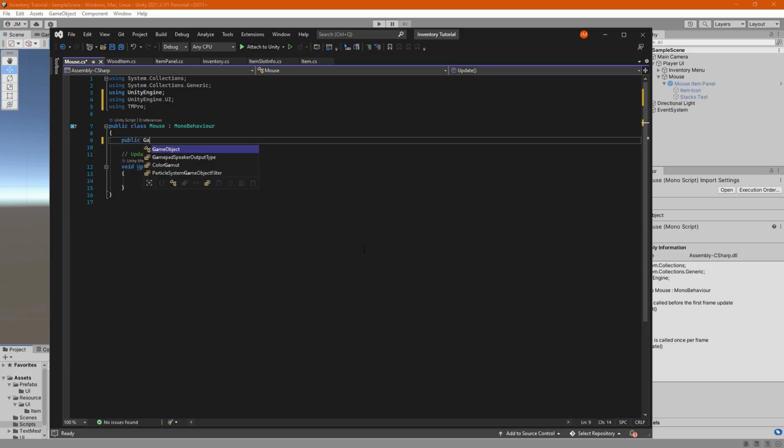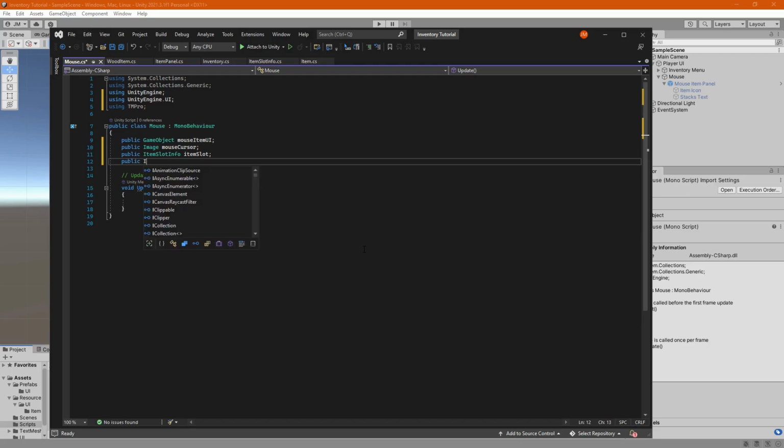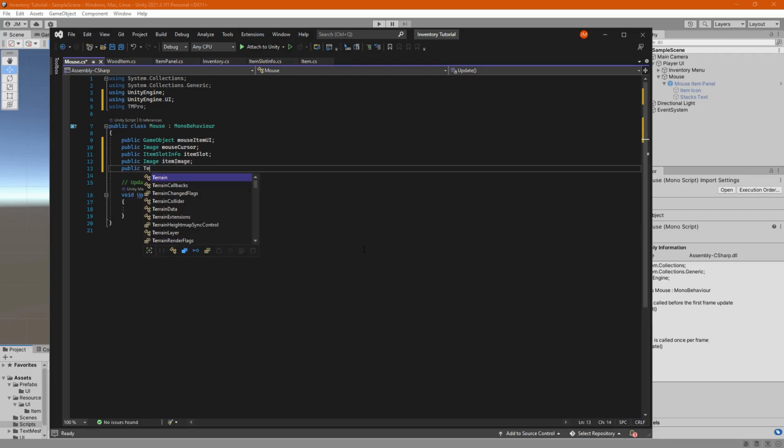First we're going to need a public GameObject of mouseItemUI. Next we're going to need a reference to the image for our mouse cursor, so public Image mouseCursor. We're also going to need a reference to the item slot that we are currently holding, so we're going to need a public ItemSlotInfo, and let's just name it itemSlot. Next we're also going to need a reference to our item icon, so let's put in a public Image itemImage. And finally we need a reference to our stacks text, so let's put in public TextMeshProUGUI